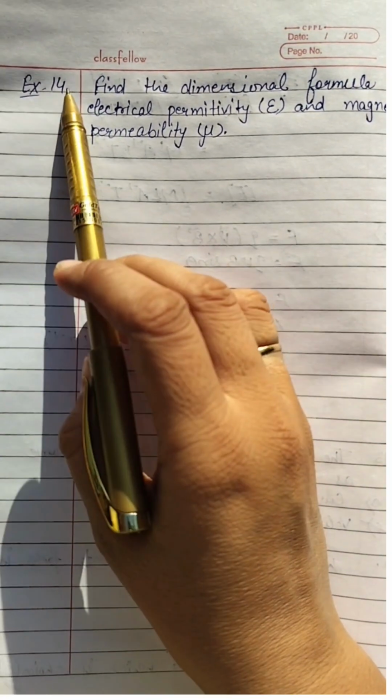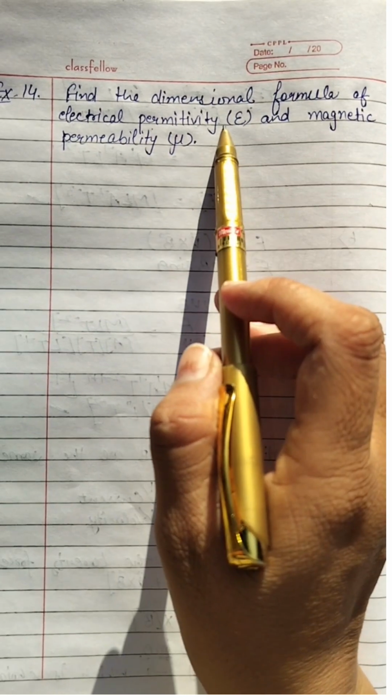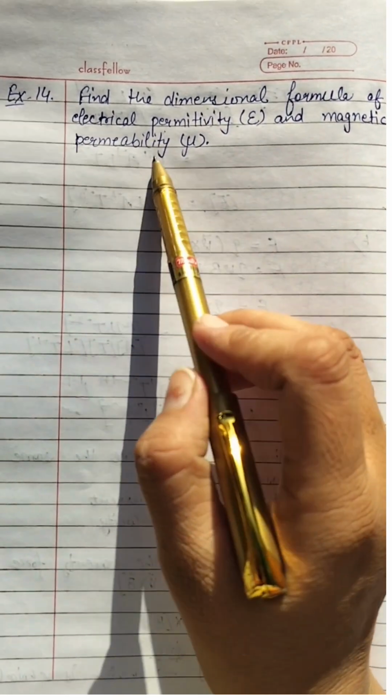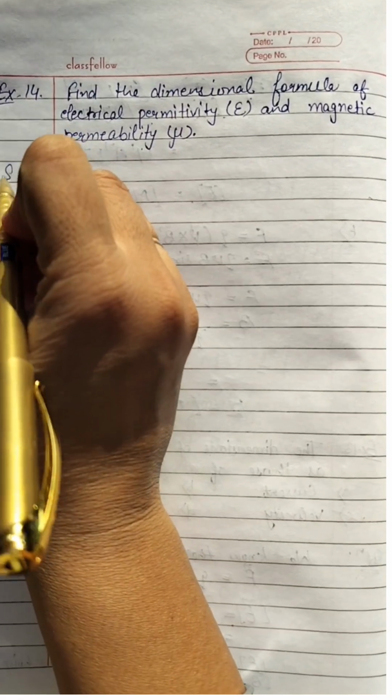Now the question number 14. Find the dimensional formula of electrical permittivity epsilon and magnetic permeability mu. Here the solution is,